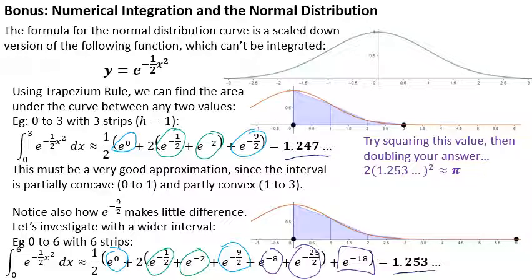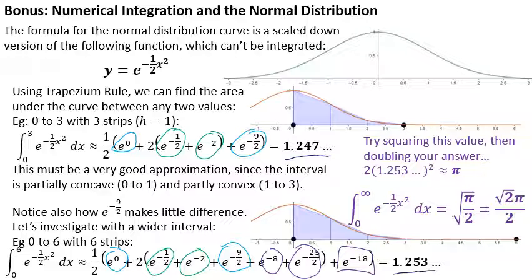Now, if you've learned to be suspicious of calculators and computers, then you might be wondering if this is a real pi or if it's just that the value that the calculator has managed to construct is so close to pi that it can't really tell the difference. This is by no means a proof that the area is related to pi, but it's certainly an indication that there might be something in it. And I'm not going to attempt to demonstrate why this is exactly true, but it turns out it is true. Turns out, if you integrate between 0 and infinity, you get the square root of pi over 2,